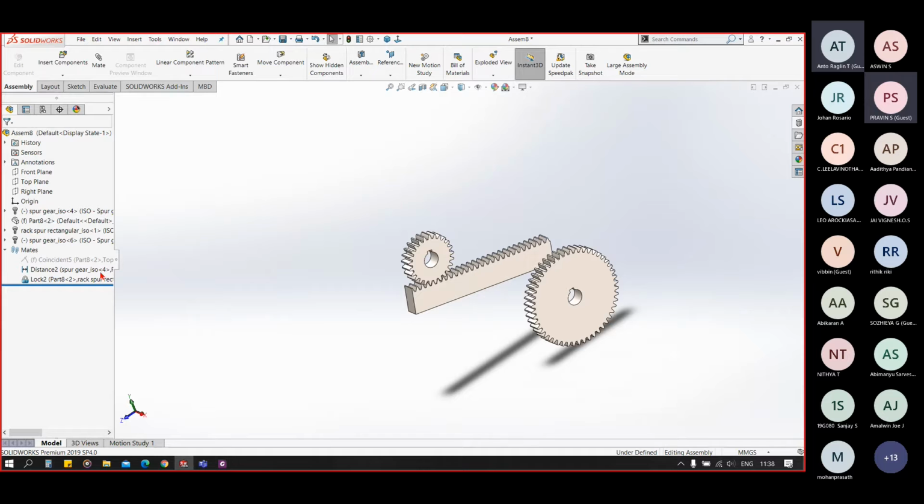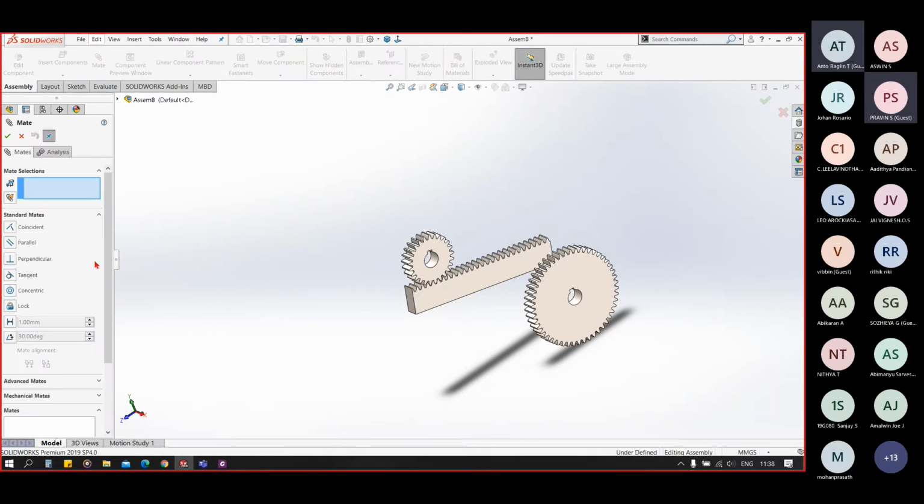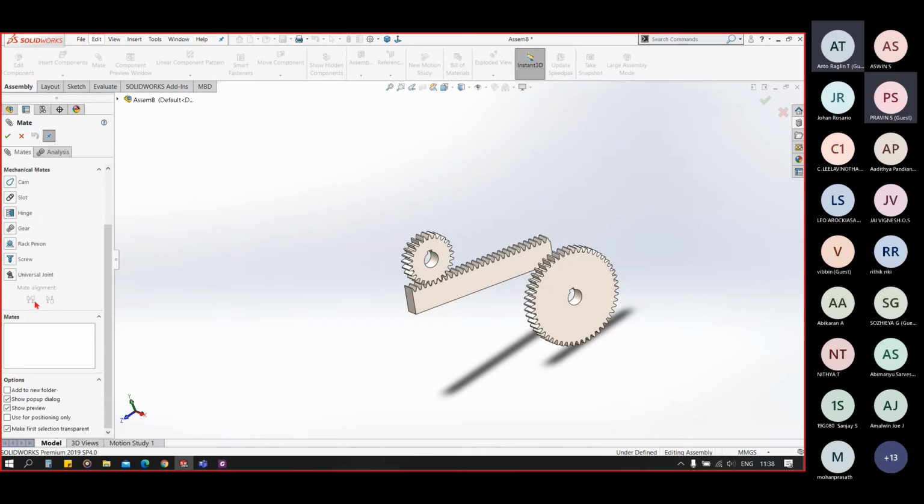So we will learn about our three remaining mechanical mates in our next session. What we have remaining, we have rack and pinion, screw and universal joint.